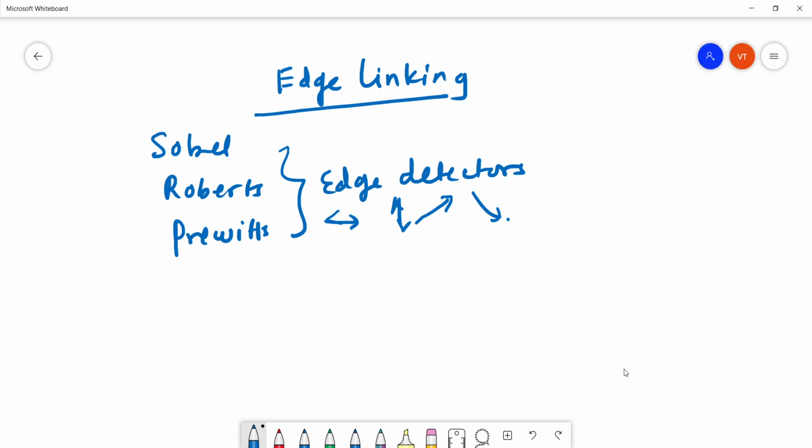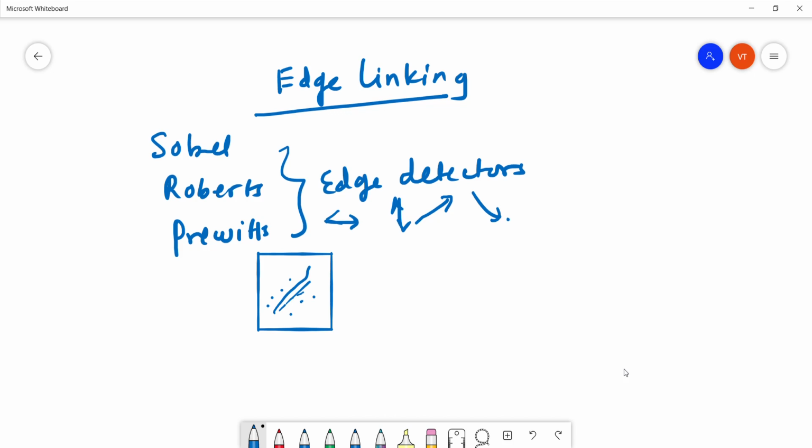What happens when we apply these edge detectors to the image? It will detect the edge, but along with the edges it will detect the noise also. So if the image is a noisy image, you may get the edges which are not smooth. You may get some images maybe like this or maybe like this. So you want to remove these unwanted points which are not contributing to the edge. We want a smooth edge. We want to detect a smooth edge.